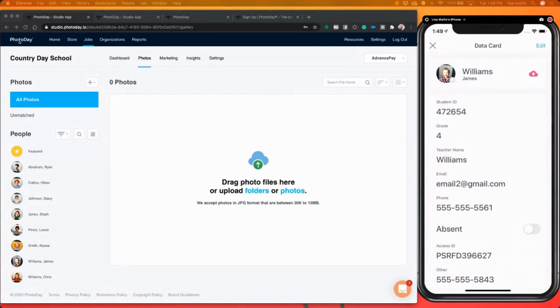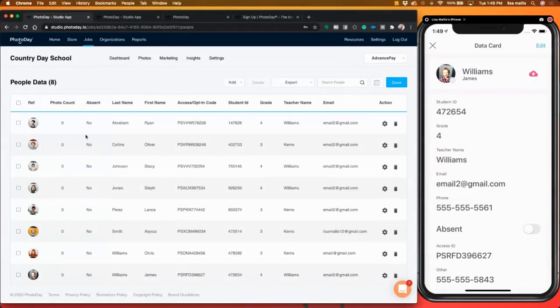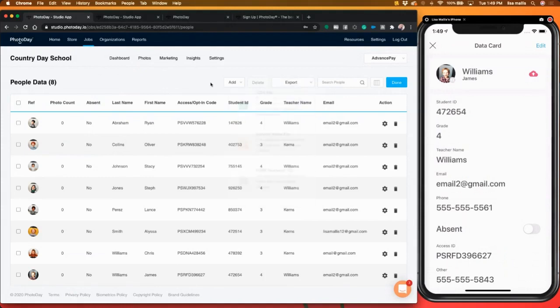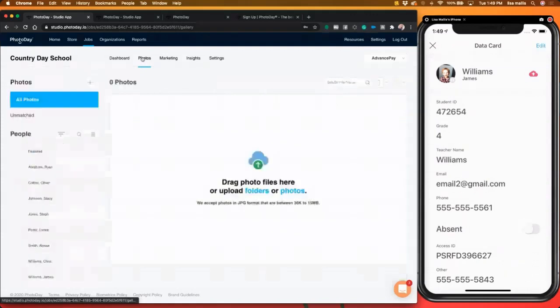These images are pretty small, but as you can see on my screen, since I was connected to Wi-Fi, they all synced back here to the PhotoDay panel, and you can check all the ones that have synced here. Bill, to answer your question, here's the export function, but we can't export the yearbook file until we get those images uploaded. So now that I have all my reference photos, I'm going to go home from my shoot